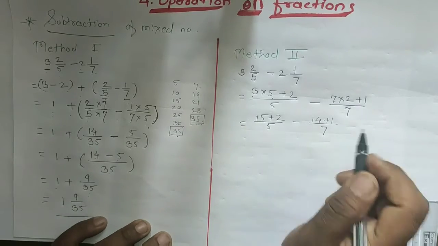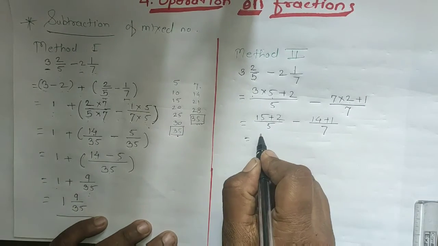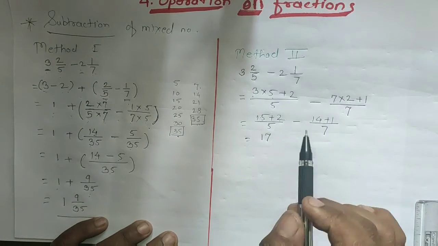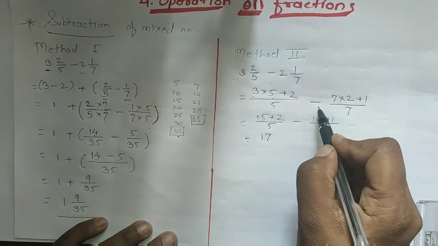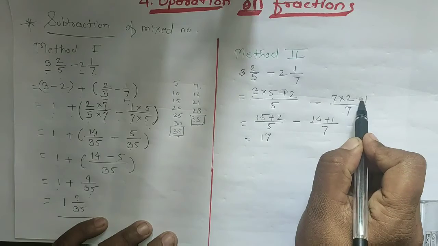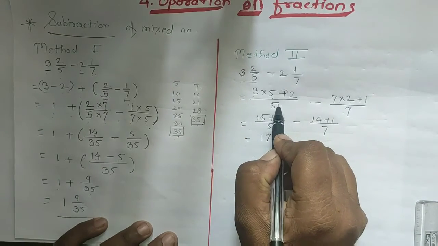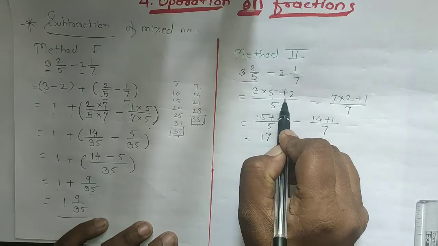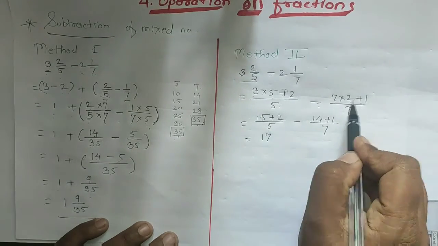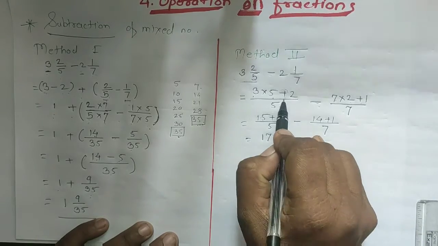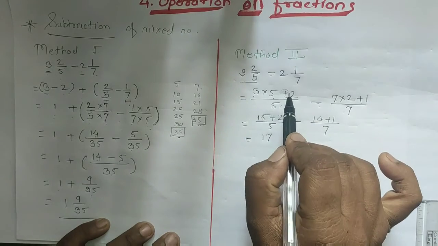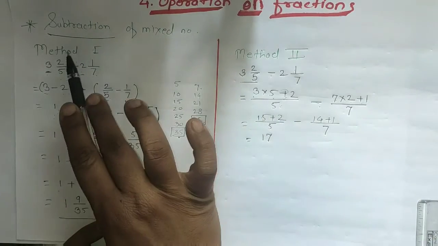Now again we have to make the denominator the same here. First we do the addition of these both: 15 plus 2 is equal to 17. Sometimes what happens is that students make a mistake. I saw it last year. This is the negative sign of the operation, but students write it in this place. Actually this is the conversion, inside which we are using this fraction. So here the plus sign will come. Only the operation sign, the negative, will come here. This plus sign will continue. This plus sign is from the conversion of a mixed fraction into an improper fraction. So it will be plus if we are doing subtraction.